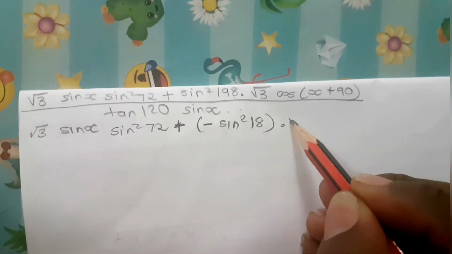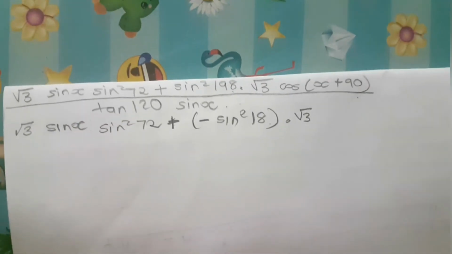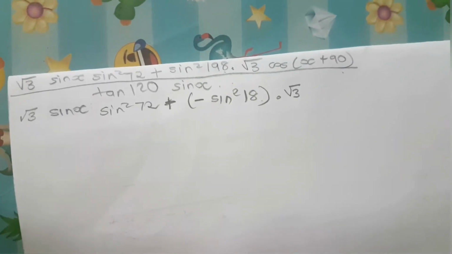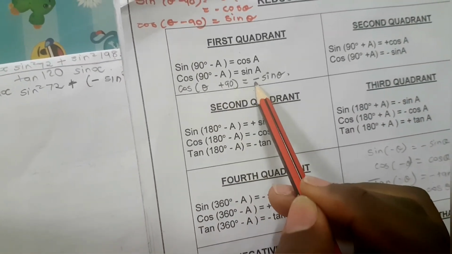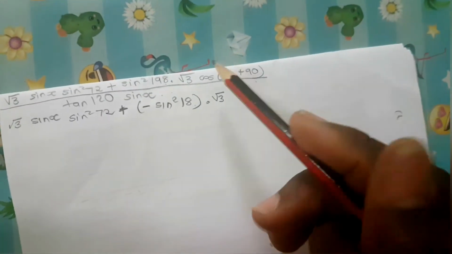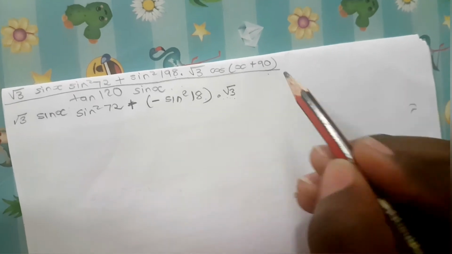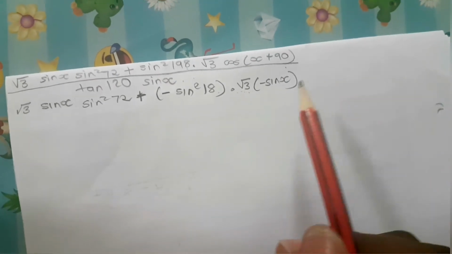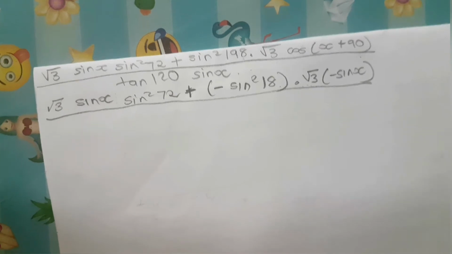And then you move on to your square root of 3, that cannot be changed, but this variable, moving to your reduction formulas again. As you can see, we use the reduction formula a lot. You move on to your reduction formula. Cos theta minus any variable is minus sine theta. So here it will give you a square root of 3, and that will give you minus sine x. There it's theta, but here you're working with x's, so work with that. And then you can do your division sign and tan